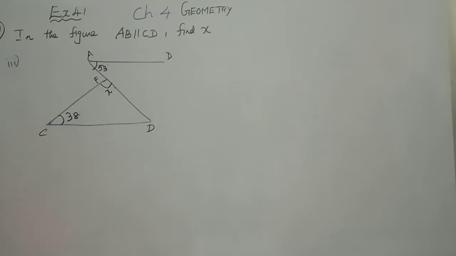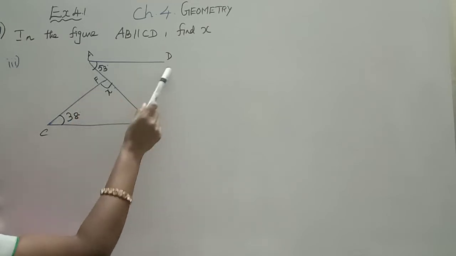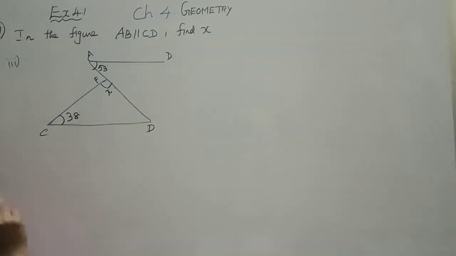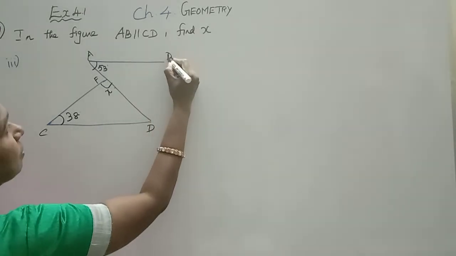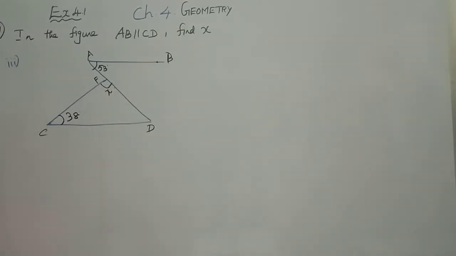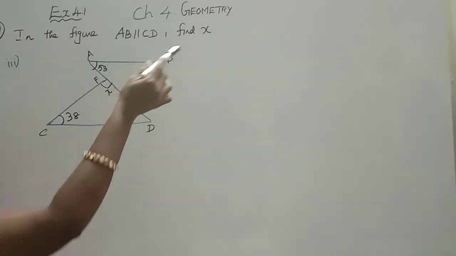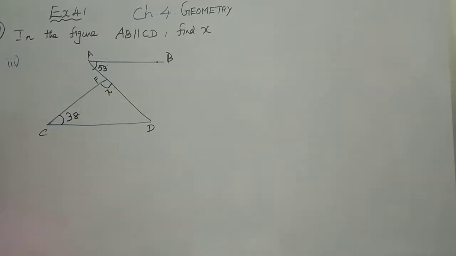So, first sum done, you complete the second sum. Now, I'm going to do the third sum. Here the lines AB and CD are parallel. Between the parallel sides, one triangle is created. What is the name of the triangle? CFD is a triangle created, and you have to find the value of x. And here this x lies in the triangle.